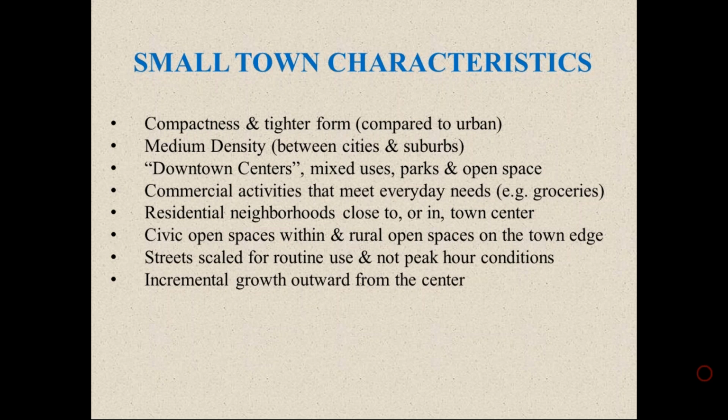Again, it's medium density, 4 units per acre on average. It'll have a little downtown, a main street type of area. You have a mix of uses. It's at a pedestrian scale. You can typically walk from your house down into the commercial area. A lot of times it's represented with a large civic space, where they have the 4th of July picnic. And if you think of movies with quaint little rural towns, they always have a quaint little square in the middle of the town.